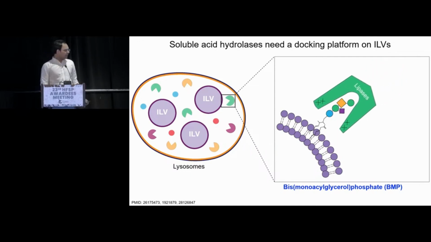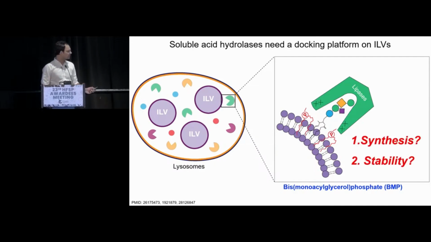And this is achieved by one key component at the ILV membrane, which is called BMP, not the protein, but a lipid, which is called bis-monoacylglycerophosphate. And through its various electrostatic and structural interactions, it helps stabilize these lipases so that they can degrade the lipid on the cargo. The two questions we have been interested in is how this is synthesized and how it's stabilized